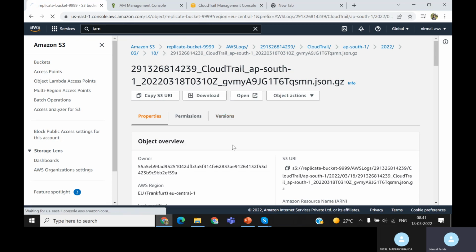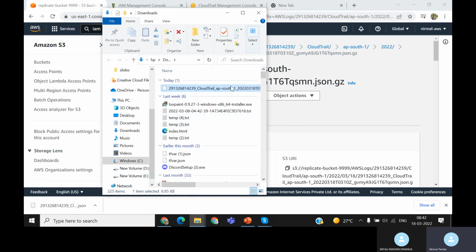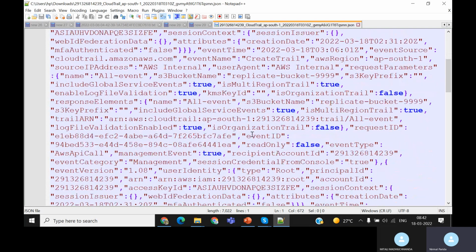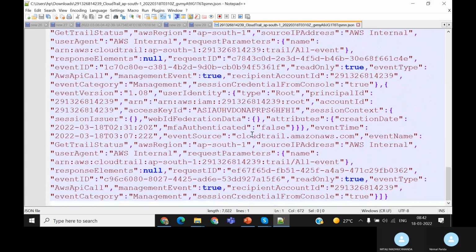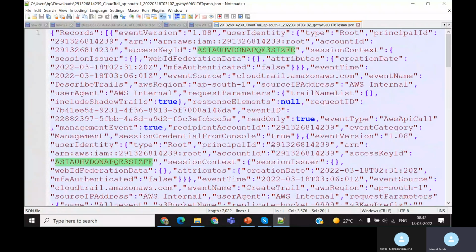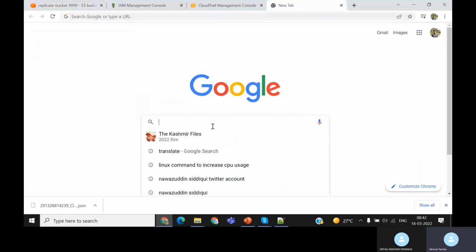If I download this, showing folder, Notepad++, and here you can see everything. This is the log. This is one JSON file. You have to convert the JSON file to see. I think this is the access key. This is the log details. JSON